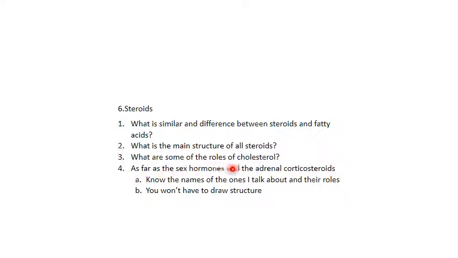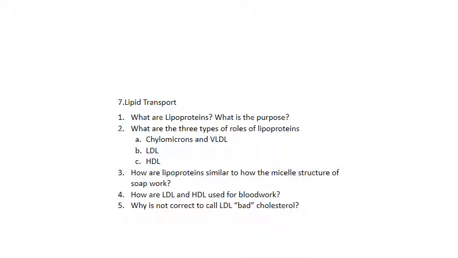As far as sex hormones and adrenal corticals, what do you need to know? Just need to know the names. Like there's testosterone and what are the roles, and I went over them in the slides. And you won't have to draw them. You just have to know their names and some of their functions that I told you. You cover these more in depth in A&P, I believe. All right, and finally,